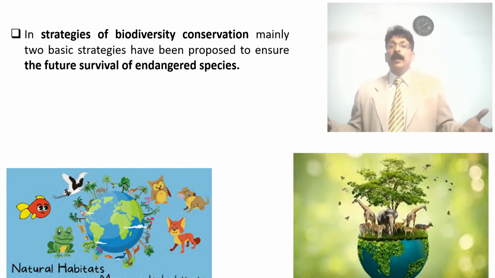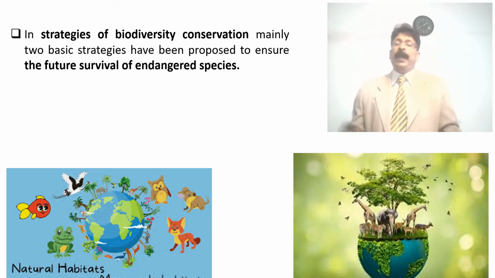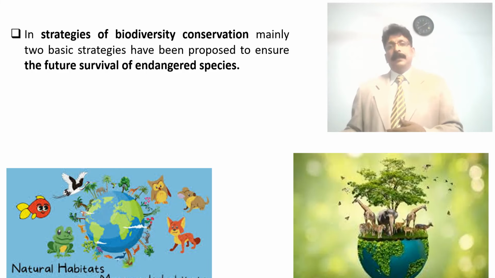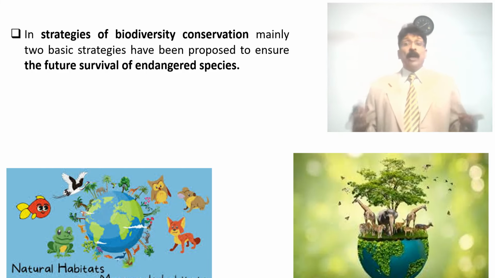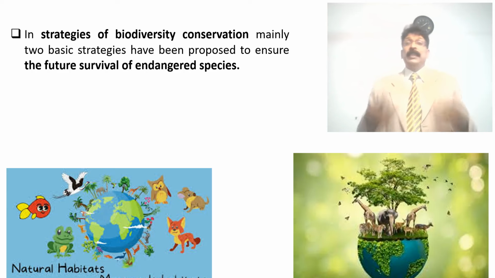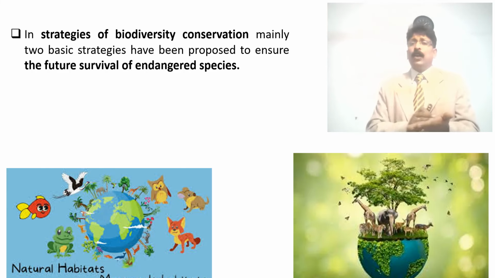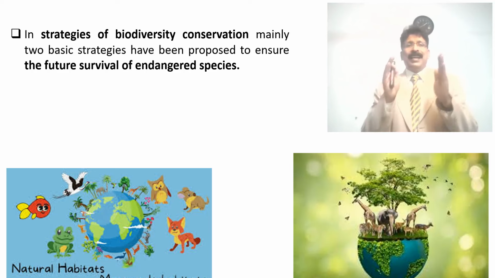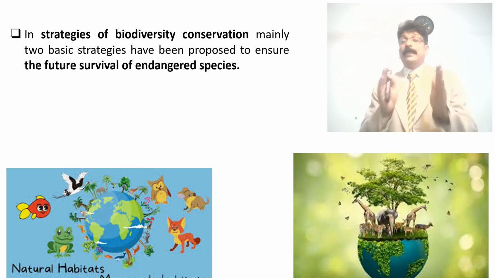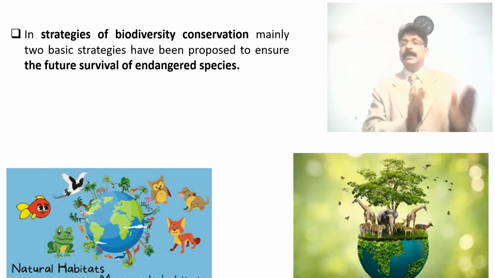We know the man-made things which extremely damage nature will cause danger to us. This type of thing we can have an idea of. I cannot go into detail, but a simple idea about the difference between in situ and ex situ